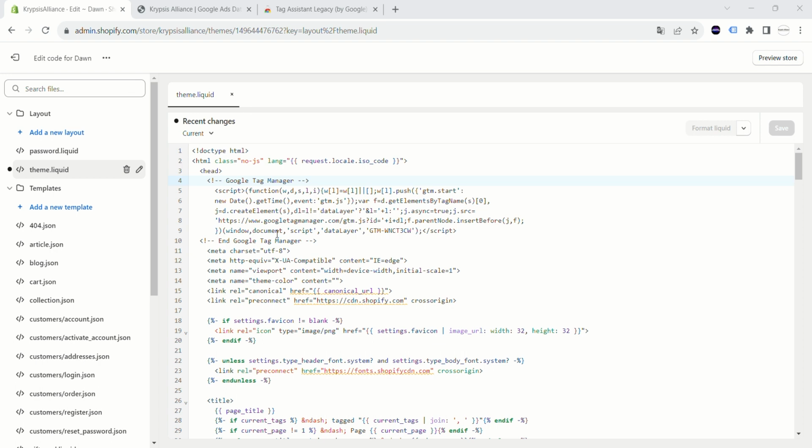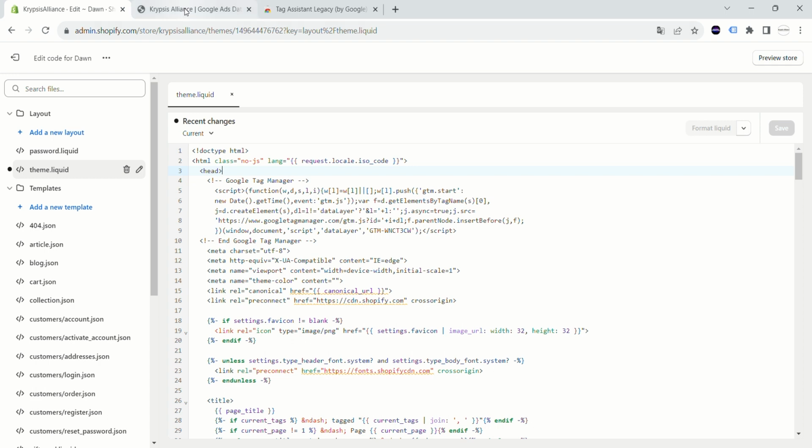So this is for the nerds out there, it's a JavaScript tag, script tag. This is gonna allow Google Tag Manager to get access to the data layer on your website and tag and track the events. So clicks, scrolls, video plays, anything that happens on your website is gonna be able to be tracked. So you want to copy the top one, and then go back to your theme.liquid on your Shopify website, and then you just want to paste it right below the head tag. So that's at the top of your document. So we did that. Obviously, you click save,